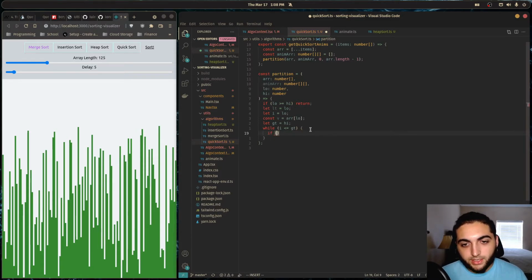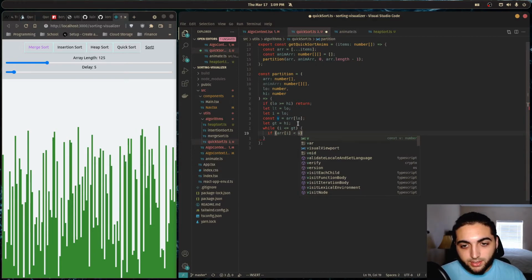So first we check if the array at i is less than. So here we're doing a 3-way quicksort, which has better performance in the case that there are duplicate elements. I know that in this project there are no duplicate elements, but I don't bother even remembering the normal quicksort because it's so inefficient when there are duplicate elements. So this is actually the one that I know, so I'm just going to implement that one. So first we check if array at i is less than our partitioning element. If it is, we want to exchange i++